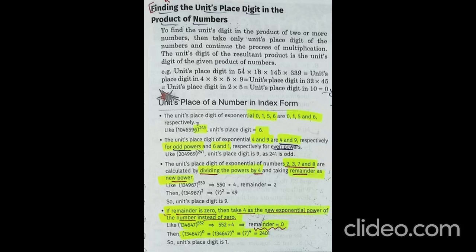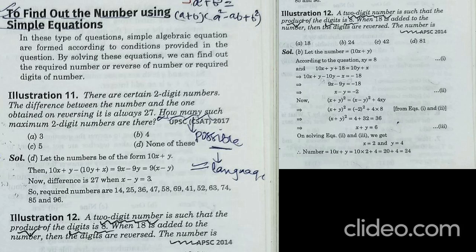And there is just one change. If the power we have divided by 4 comes as 0 as the remainder, then take 4 as its power, and whatever you get from the unit digit and power 4, take it as the unit digit. That is it. Now the next topic,